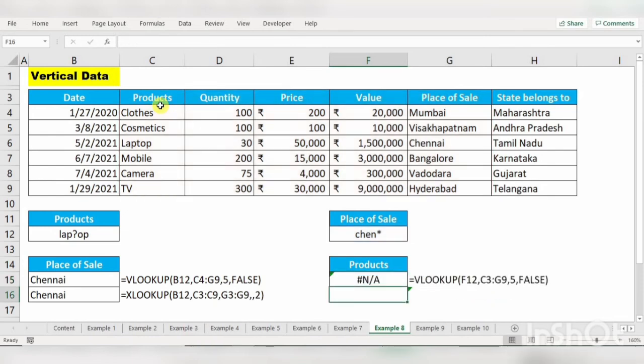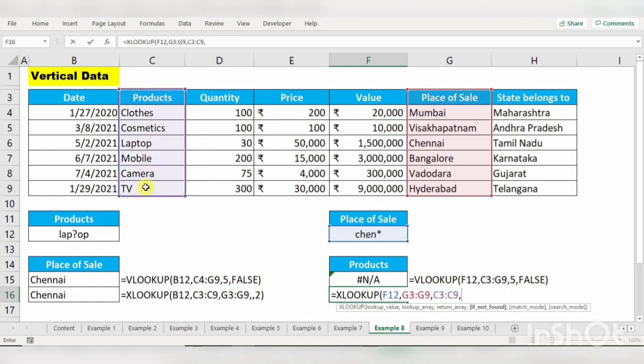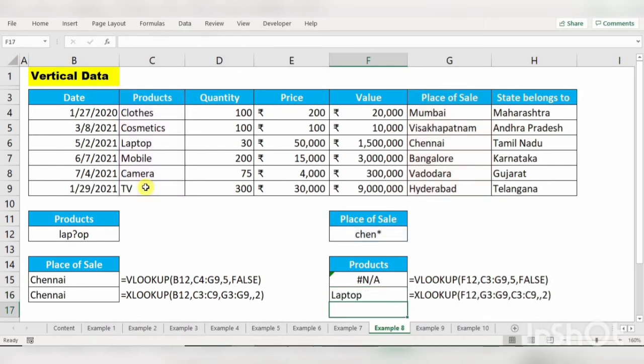Now you will see the error message, but in XLOOKUP I am selecting this one, lookup array is place of sale, return array we need product, and if not found is not required, we need match mode wildcard character, comma 2, enter. Now you can see for Chennai the result is laptop. So that is the benefit in XLOOKUP condition. Now let's see the next example.